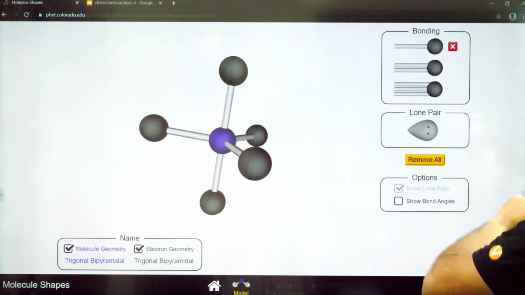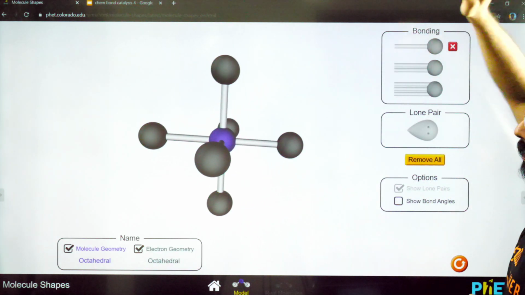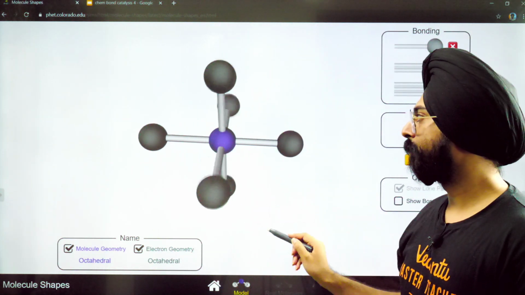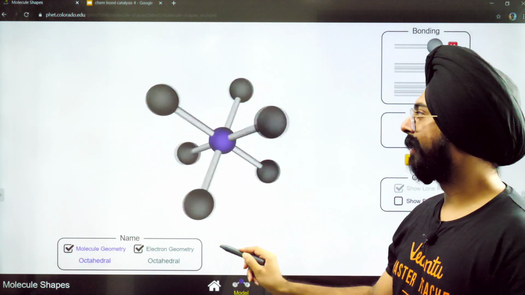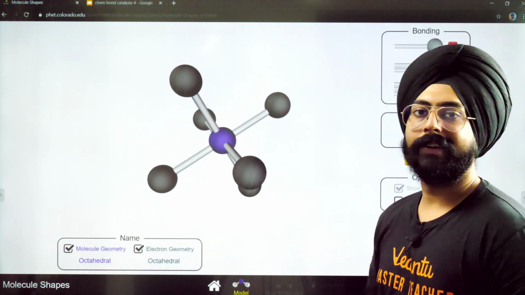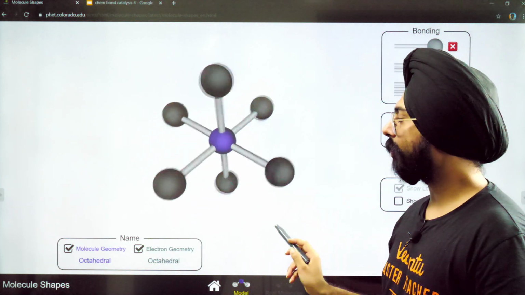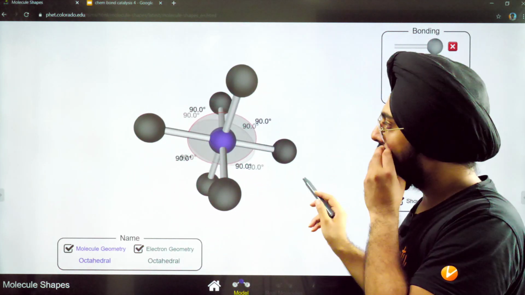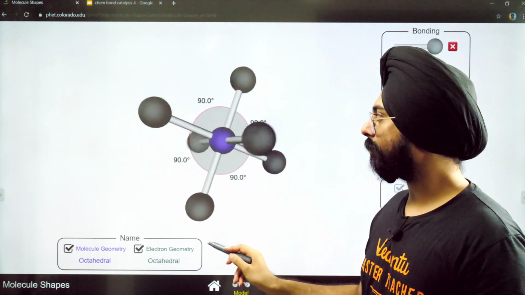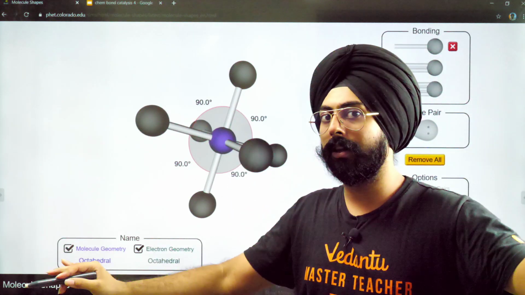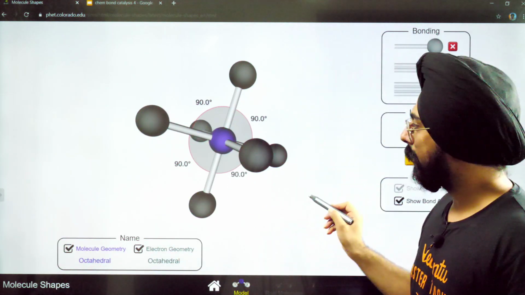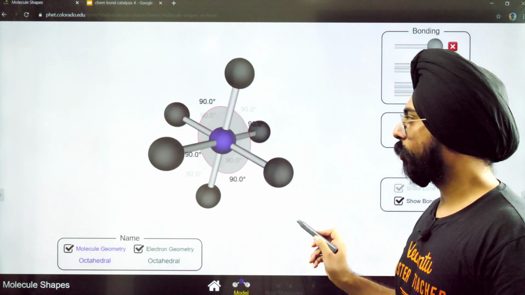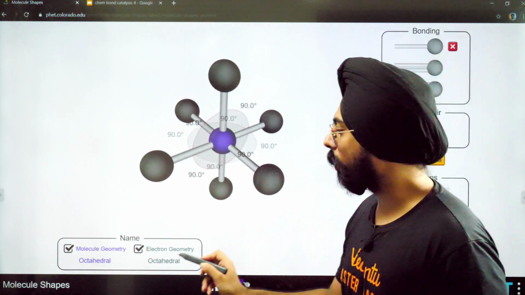Let us add one more bond pair. Look, a very nice symmetrical structure has formed. You have a very symmetric structure over here. Can you see this? Very symmetrical structure. All the angles are at 90 degrees to each other. Every single angle is at 90 degrees to the other angle. All the bonds are equal. Equal distance, equal angle, 90 degrees, and I'm pretty sure a lot of you have observed what the geometry and shape is called. This case is known as the octahedral case.